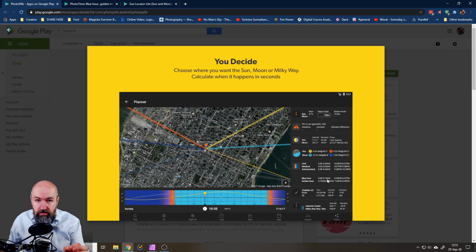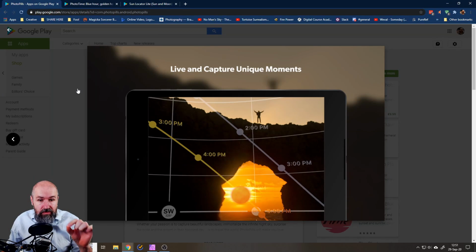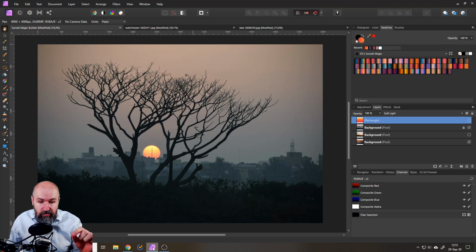Perfect down to the minute, of course, so you can prepare, you can get set up, and then you know exactly where the sun is going to be. And as you have seen in the pictures, this is very important, not only if you want to have the sun at a very specific location, for example,